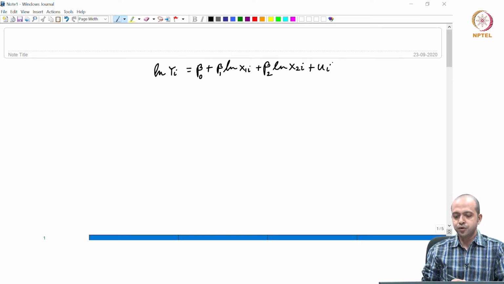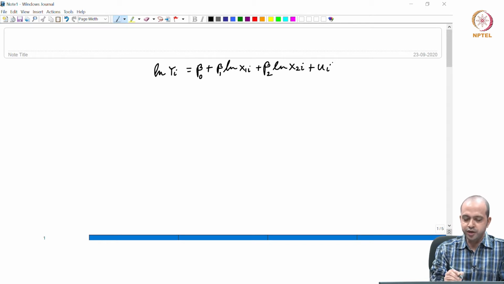This is the model where x1 is labor and x2 is capital, and the particular test we are doing was,